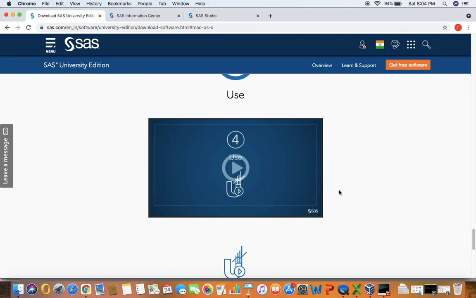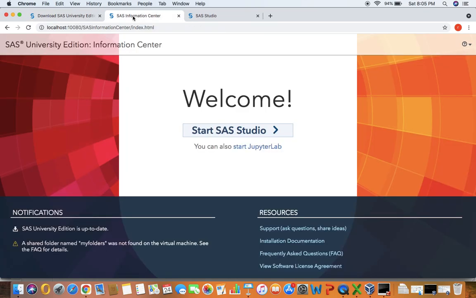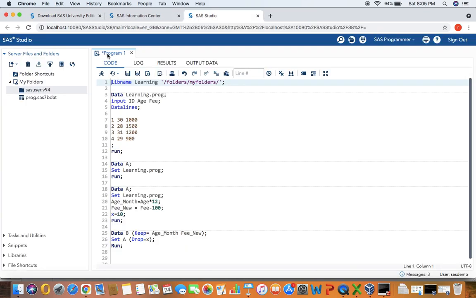Start downloading and start using it for your practicing. Okay, so this is about the download. If you find any difficulty, you can comment, and I can make a detailed video on the downloading part. Right now I don't feel like it, because if you are learning SAS, I believe you are intelligent enough to download and use SAS.